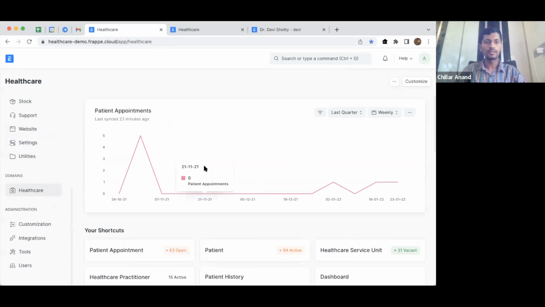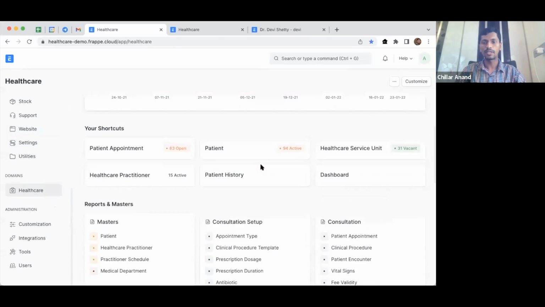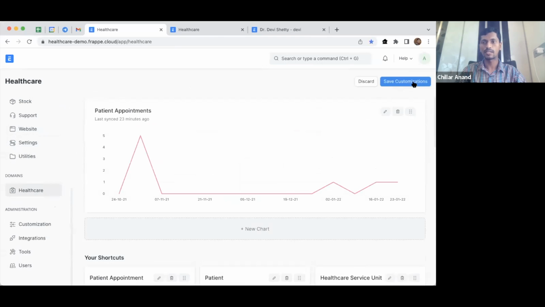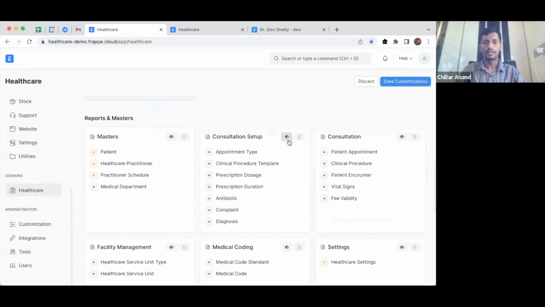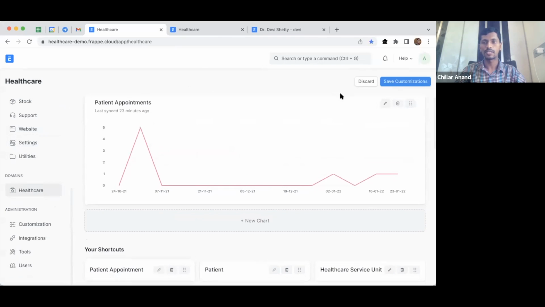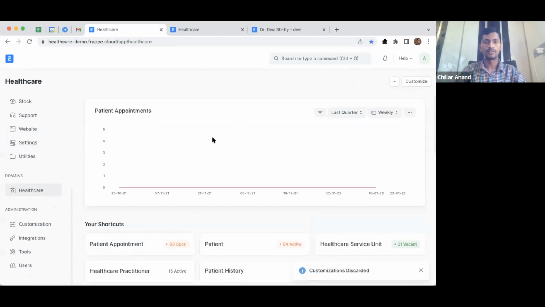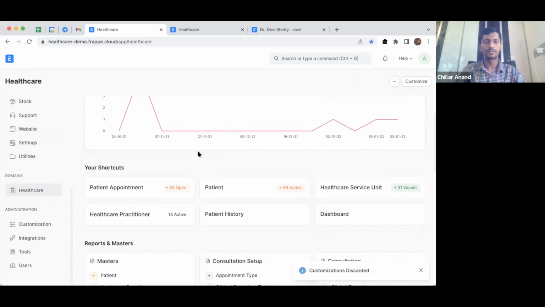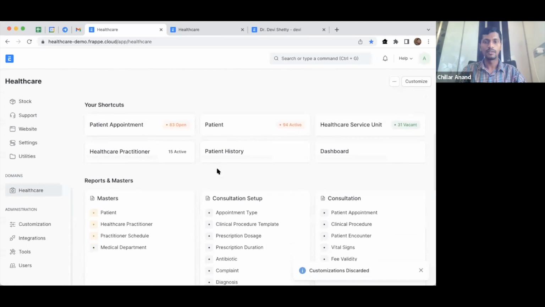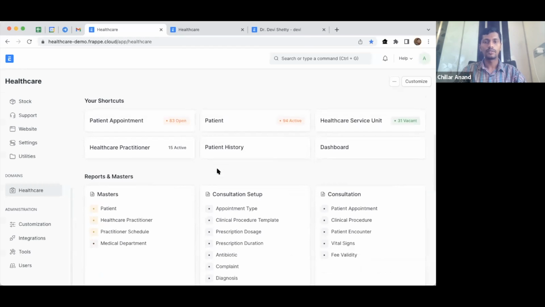Here you can see the healthcare workspace. This workspace is completely customizable. You can just click on customize and change all the shortcuts that are present here. So this is just a brief introduction to the healthcare workspace. Now, coming to OPD,